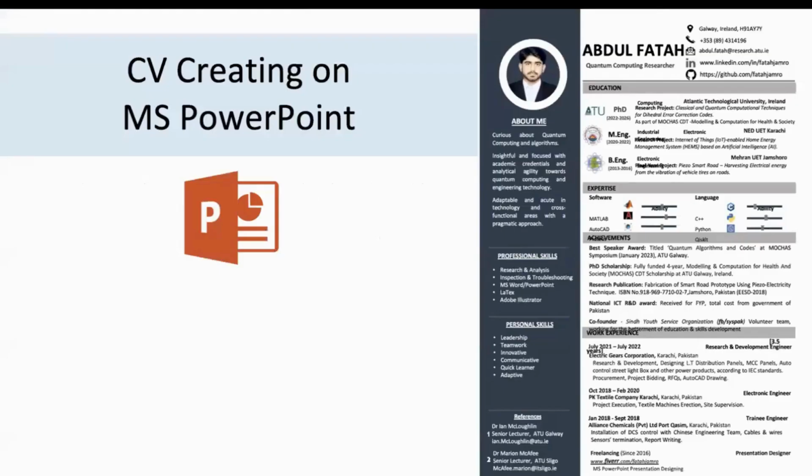Okay, so as I mentioned, I use PowerPoint, and on the right side of the screen is my own CV that I have designed on PowerPoint. You can see that it is compressed, and I think it's not looking in a proper format because I have compressed it into a small screen. I work on PowerPoint and make my CV, or even I can make anyone's CV on PowerPoint.